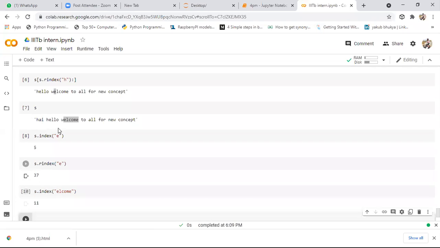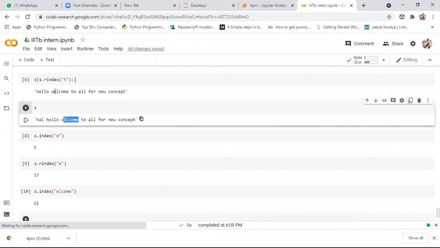Whenever a specific character is repeated multiple times, you can specify the word from which you want to access, so that you get the index of the first character present in that word. So here in this welcome, the character E's index will be 11. We got the index of that character. Remember guys, it's about the index method.